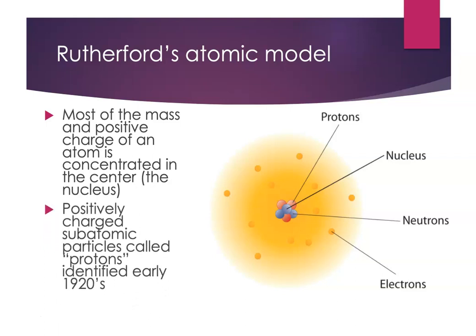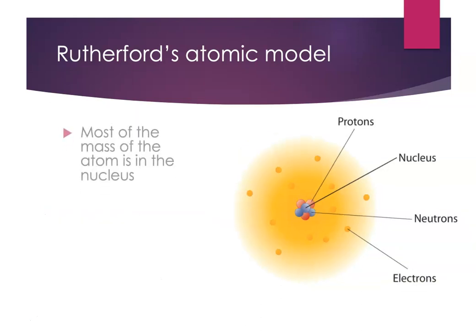It was the 1920s when they really authoritatively identified subatomic particles called protons. Those are in the nucleus. So we've got experimental evidence of protons. We know they're in the nucleus. After more experimentation, they realized the protons themselves didn't have enough mass to account for all the mass of the nucleus. So they proposed that there was another particle in the nucleus called the neutron. Those took a little longer to discover.